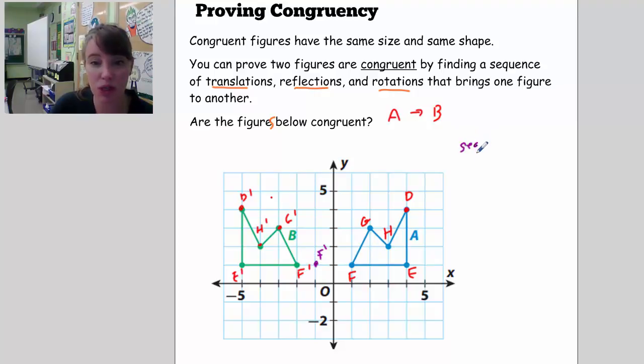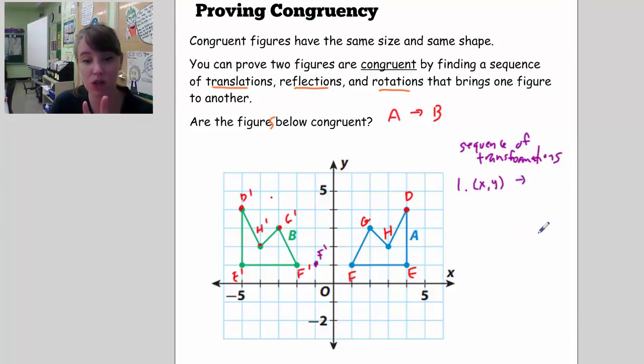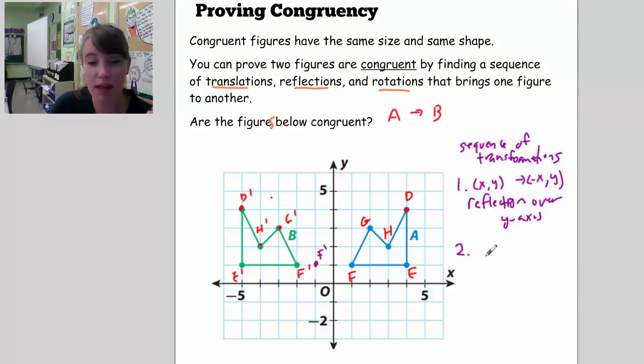So here's my sequence of transformations. Okay, so the first transformation is that it's been reflected. So x, y goes to, when you reflect over the y-axis, the x value changes, that x becomes negative and y stays the same. Okay, so you can either write it out with the algebraic properties, or you can just write it out verbally. You can write it out with a description like this: reflection over y-axis. Okay, and then you've translated it. So let me write this down. Translated